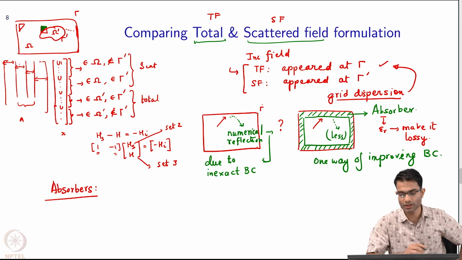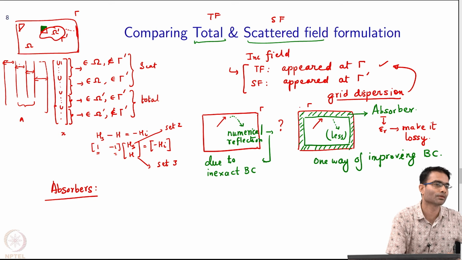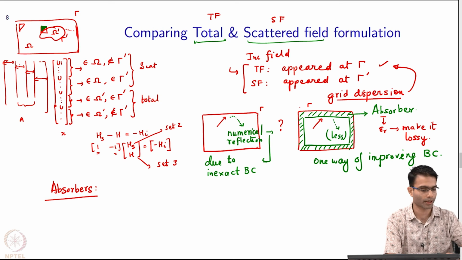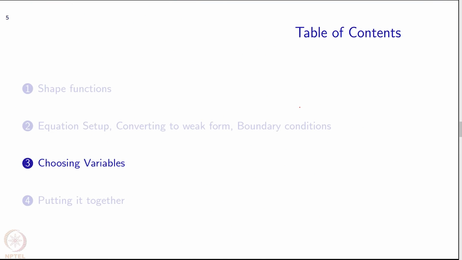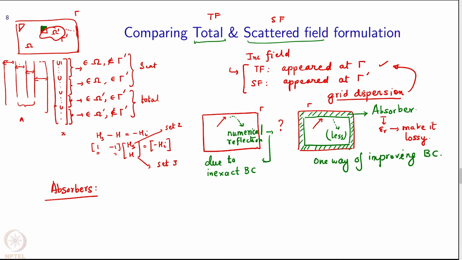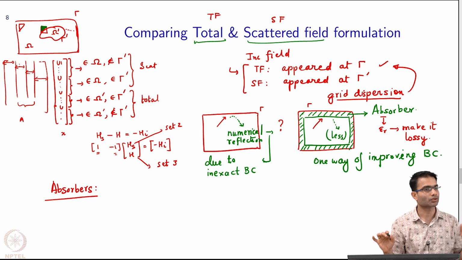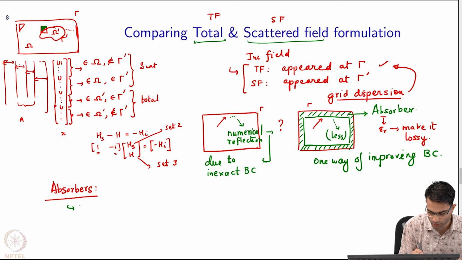But now if I introduce a lossy layer, incident field continues to be at gamma, nothing changes, right. If I look at my total field formulation over here, well, let's look at the right hand side over here, right. So whether total field or scattered field, the left hand side term is the same, right. Your material properties are entering here and here. So the fact that I have now introduced some lossy materials here does not alter the left hand side of the equation, right. So that incident field will have to travel through this lossy layer in order to get there, right. So in terms of absorbers, the total field